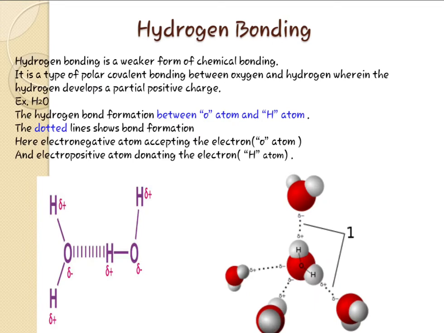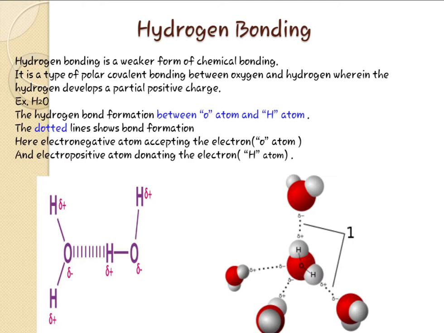Now we are going to study the hydrogen bond. Why is the hydrogen bond also called the H bond? Because hydrogen is involved here, that is why it is called the H bond. Hydrogen bonding is weaker than chemical bonding. It is a type of polar covalent bonding between oxygen and hydrogen, where the hydrogen develops a partial positive